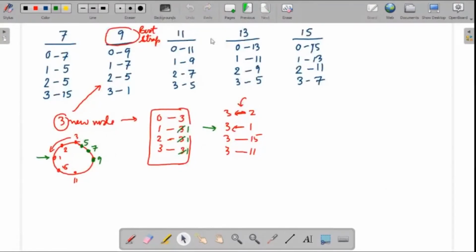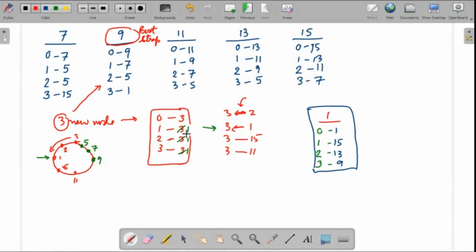So let me just write down. So this is the node 1. So now 3 will be doing exchange with this. So it will now get information about 15, 13 and 9. Okay. So 15, 13 and 9. So in this case, there will be a change in the routing table here. So this will remain 1 because 1 is already known. Knowledge about 15 will come. So 15 will be coming here. And here it will now be coming as 13 in the next step.